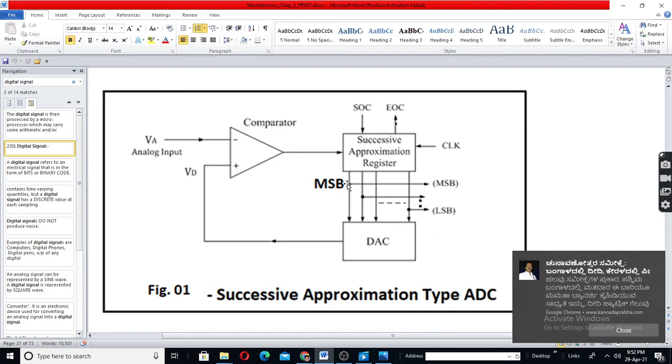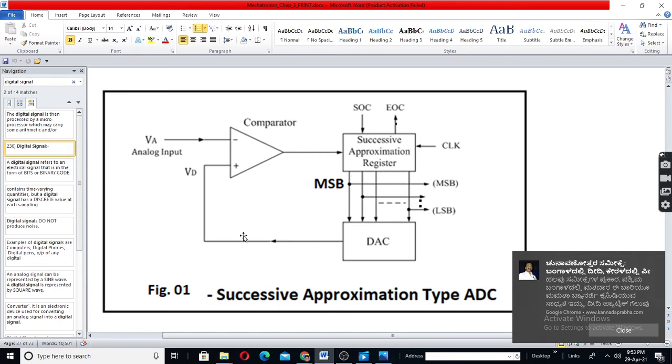The first clock pulse, second clock pulse, in the third clock pulse, it will make this as 1. Now we will get 0 1 1. So 3 volt here, this is 3, this is 2.3, output will be high. Oh, it has become high. So it realizes that, oh, I have crossed the limit. Then it will reset, it will make this as 0. So 0 1 0, final output.